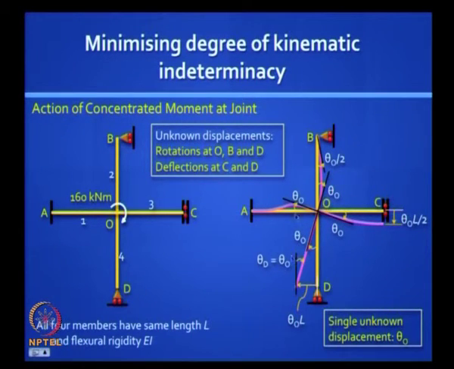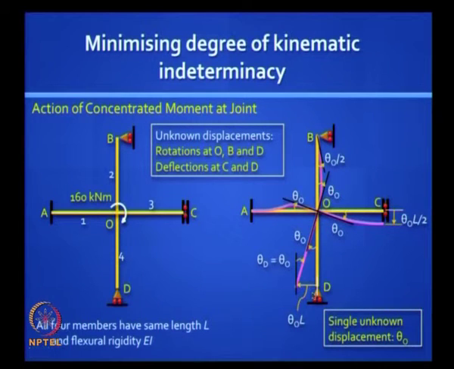I drew this cross and said everything rotates by theta naught, right? So this first beam must come back here, agreed? This must come back there, and you remember that if this is theta naught, this will be half theta naught, agreed? This will rotate theta naught this way, and you can prove that this deflection is related to theta naught, so it is theta naught L by 2. And this, there is no reaction here, so this is going to rotate like a rigid body. And if theta naught is small, this is theta naught into L.